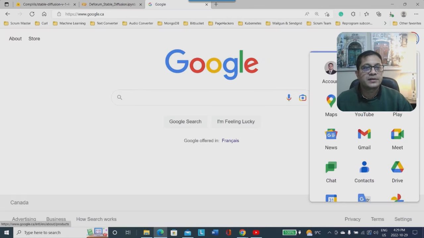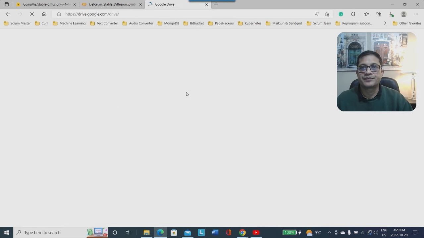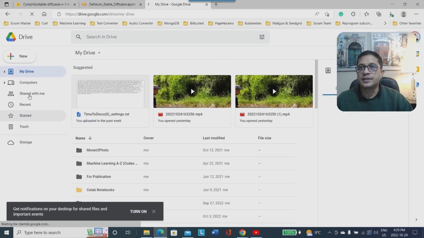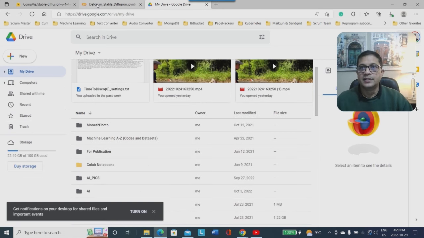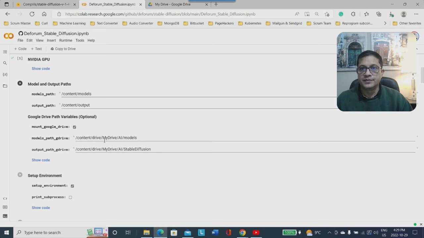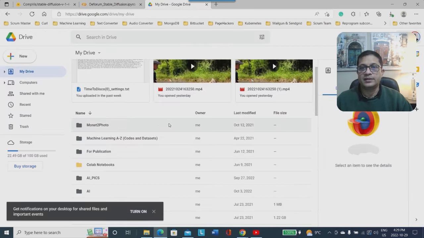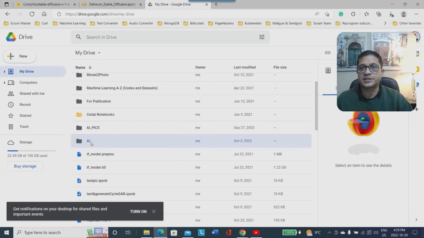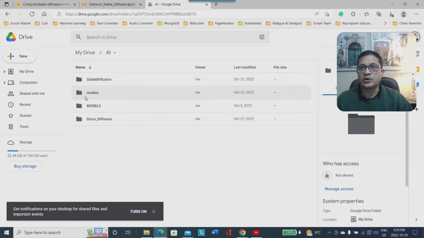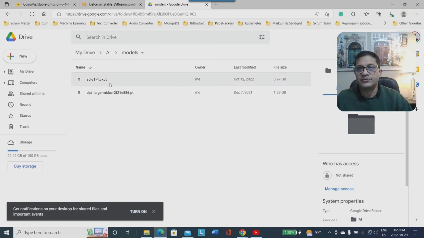I go back in here and I go into my Google Drive, and I go into my drive, which is where we are at. And we are looking at here, my drive AI/models. And it is case sensitive, so you have to keep that in mind. So if you go back in here, you should have a folder set up called AI models. See, I have two. One is the small letters models. So if I double click on that, as you can see, I already have the checkpoint saved up, right? So I'm not going to go through the exercise of uploading it here,